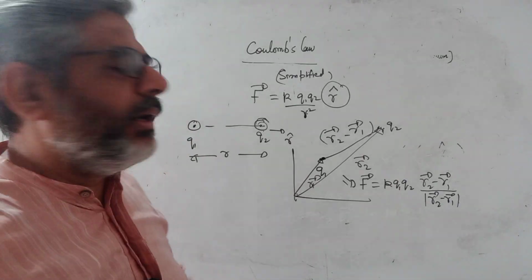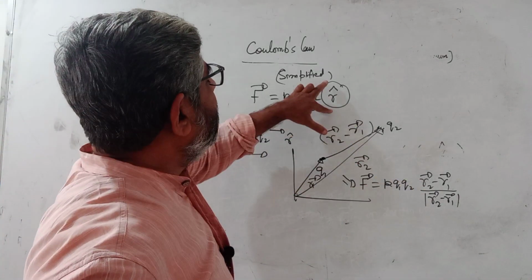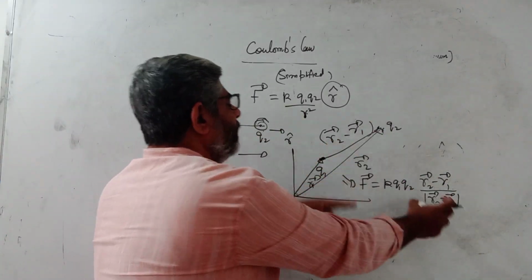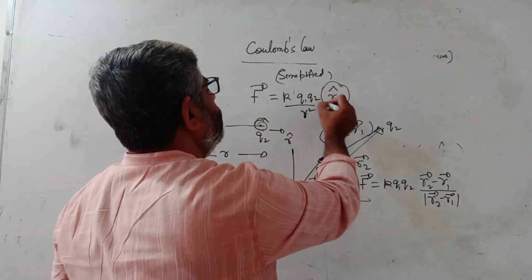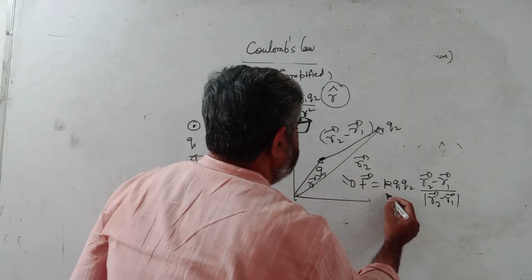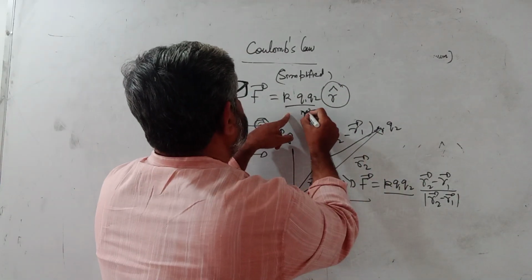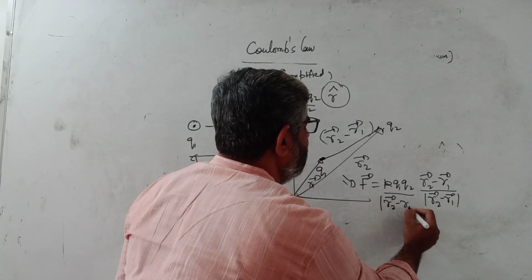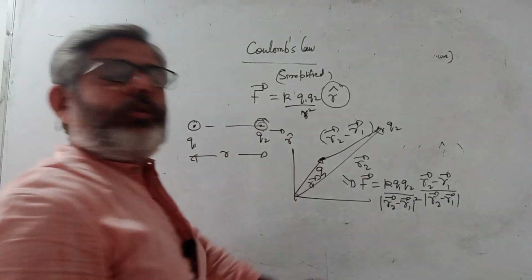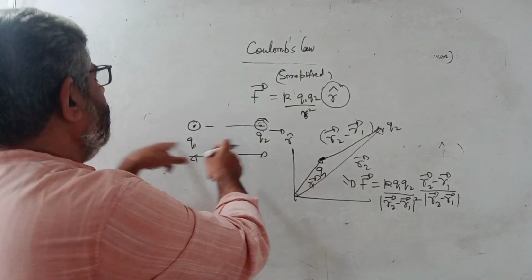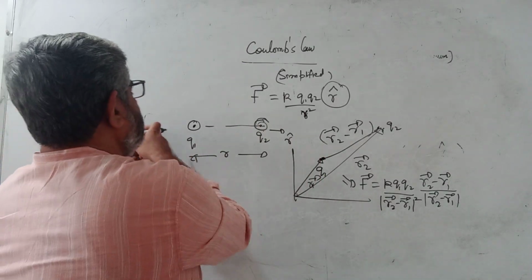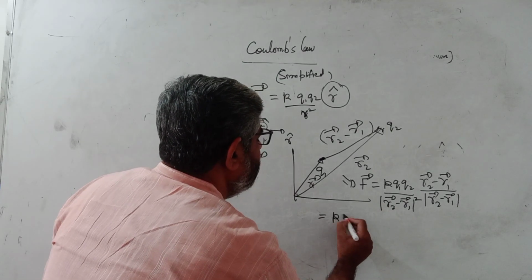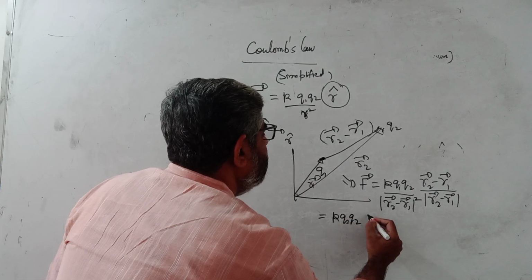ये थोड़ा सा आपको complicated लगेगा, but आप समझ जाओगे. So because I could not write simple unit vector like this, so I have written this whole vector divided by its value or the magnitude to convert it into unit vector, and this term is also remaining upon r square. So instead of r square, I will write square of this. So that becomes r2 vector minus r1 vector whole square. तो थोड़ा सा complicated लग रहा है इस form में, if they are not like placed on points along x axis but like this. So इसको अगर मैं simplify करता हूँ तो ये बन जाएगा k q1 q2 into r2 vector minus r1 vector